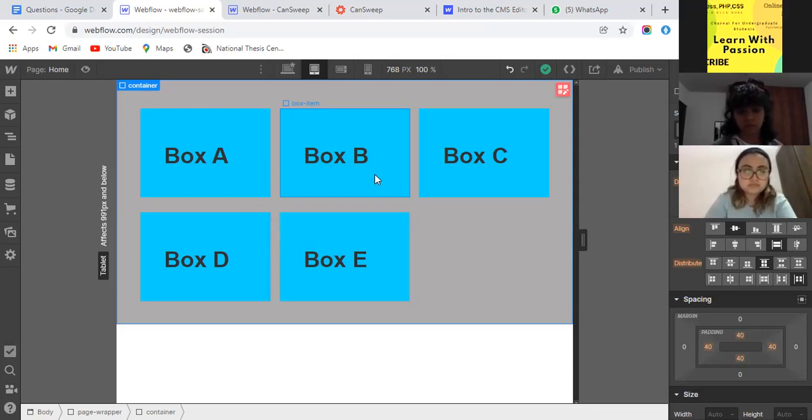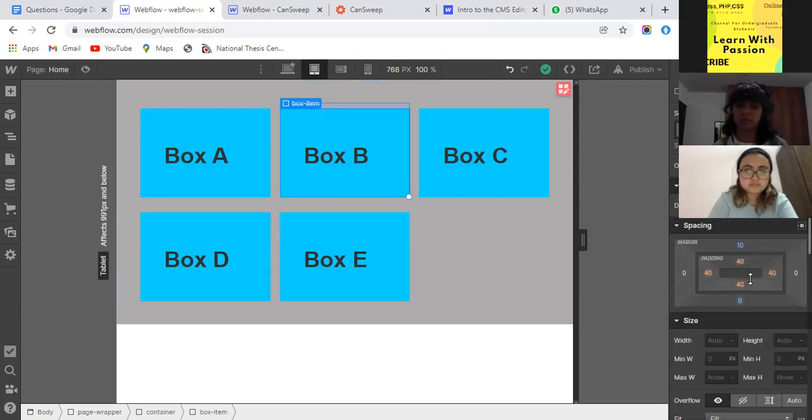It also considers padding as height. In this box we have 40 pixels from top and bottom, and also this heading. Therefore it will define its height depending upon the content inside it.